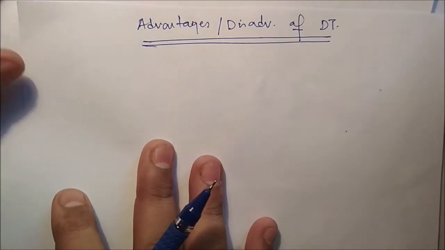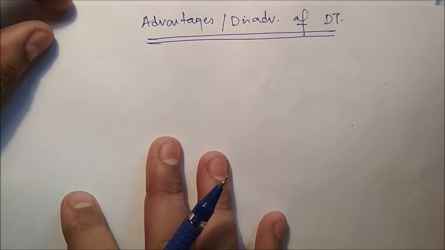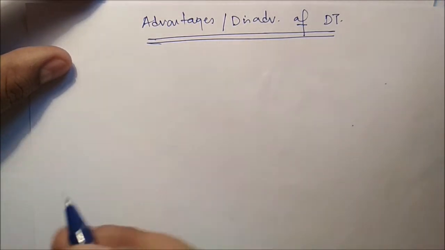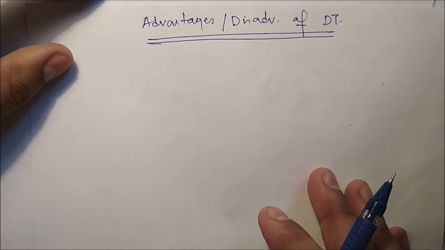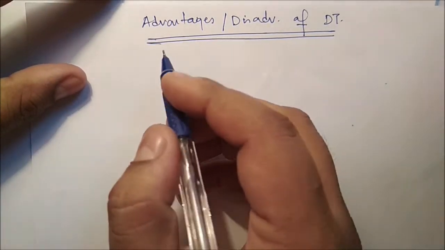Next we will discuss the advantages and disadvantages of decision trees. There are many advantages to using decision trees for classification. First, they are easy to use and efficient, and rules can be generated that are easy to interpret and understand. Third, they scale well for large databases because the tree size is independent of the size of the database.